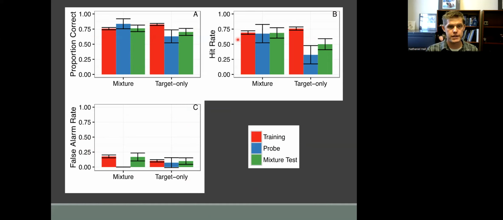But what was most interesting was the differentiation in the mixture group for the hit rate. So this was if we presented a mixture that contained ammonium nitrate inside of it, did you respond? And the mixture dogs, whether it was something in the regular training material, a probe that had completely novel ingredients mixed in, or a trial that had familiar ingredients mixed in, all responded the same. They had no problem with any variation of what those distractor components were.